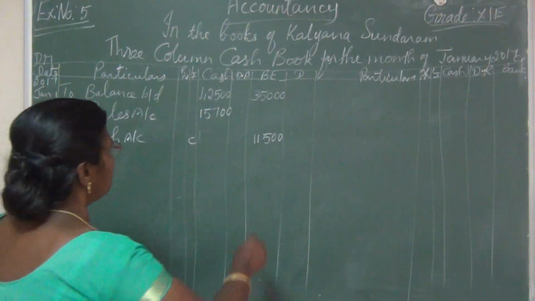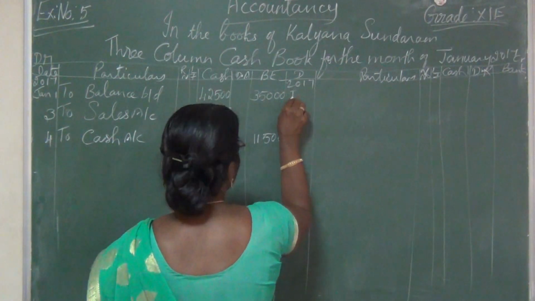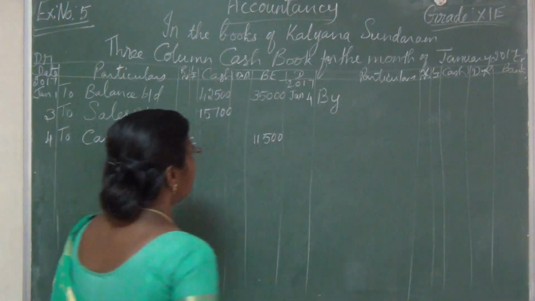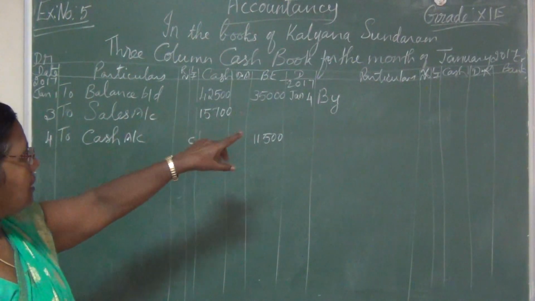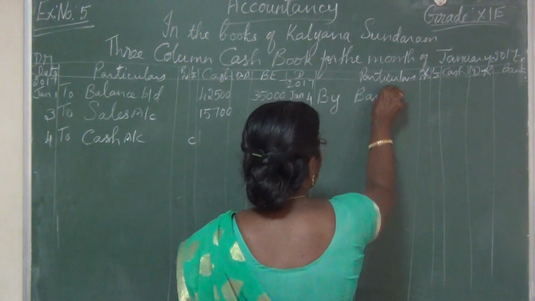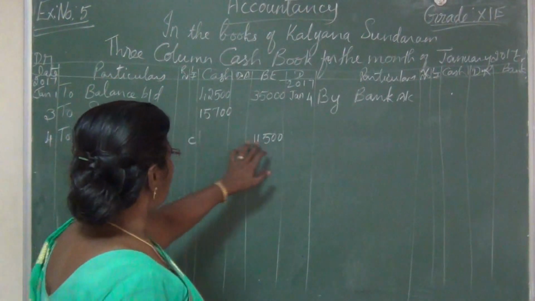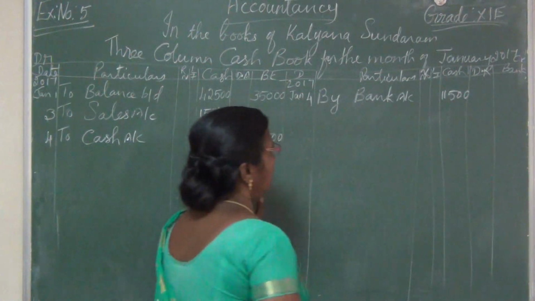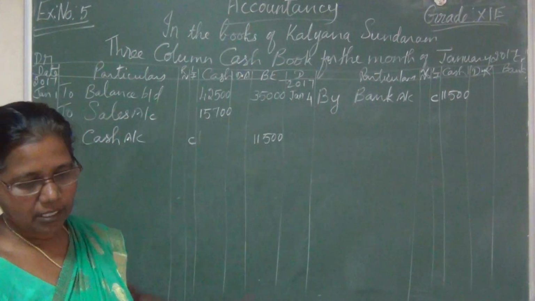Okay. Credit side, write the date first, 2017 January 4. Okay, by, what's the entry? Bank account debtor to cash. So when we post the other side, by bank we have to write. By bank account, but we should write the amount in the cash column. What is the amount? 11,500. Okay, then LF column write C. So wherever there is one C, there will be one C on the other side, contra entry.